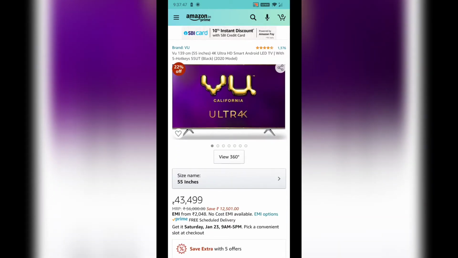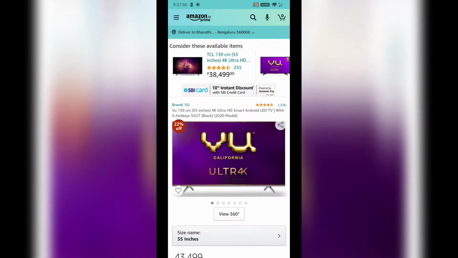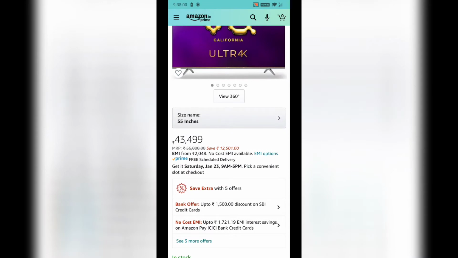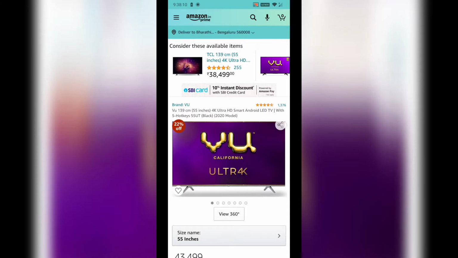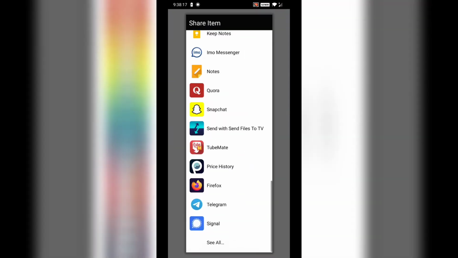And then the second one, I'm going to show the VU Cinema Ultra 4K TV 55-inch. It costs around 43,499, 43,500 rupees. I'm checking the same on the price history. This is a 2020 model and on Amazon this TV has a 1,000 to 1,500 rupees instant discount.